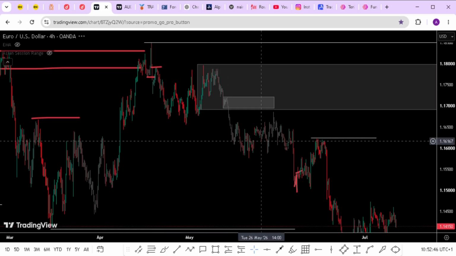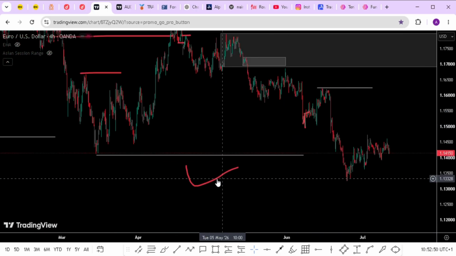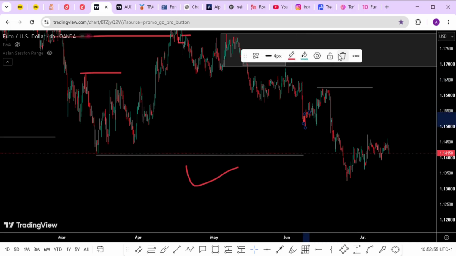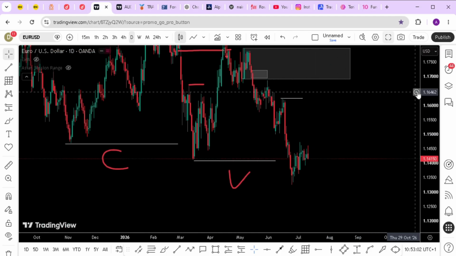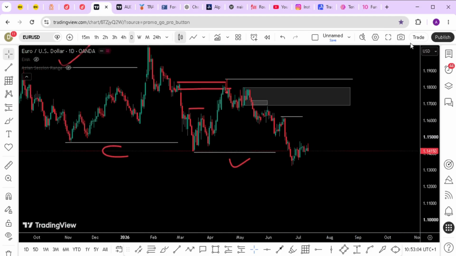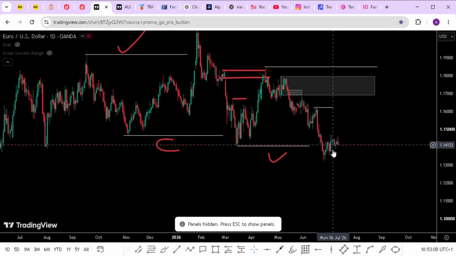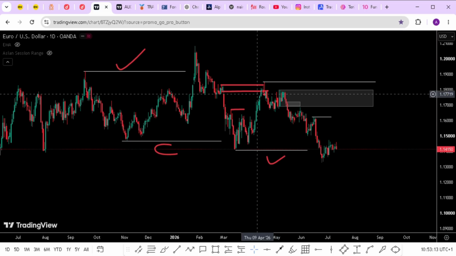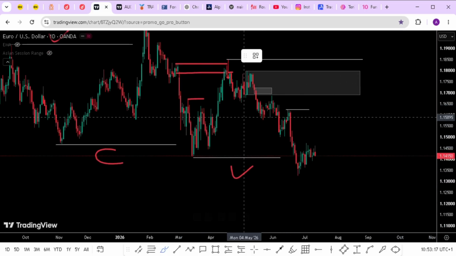So that's just it for EUR/USD. And currently, after we had this daily break of structure to the downside, I'm not dealing with 4 hours again. What I'm dealing with is daily structure. The only thing here is if you want to take a risk to counter trade, but I don't think that's ideal. So I want the market to pull up to give us something like this.